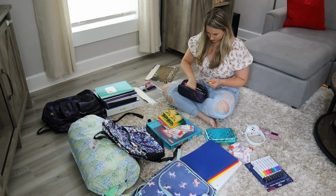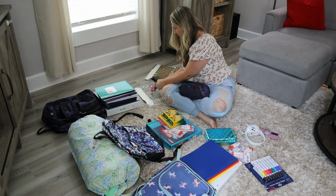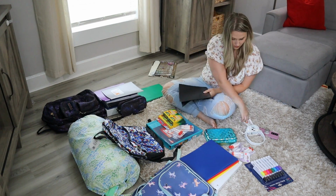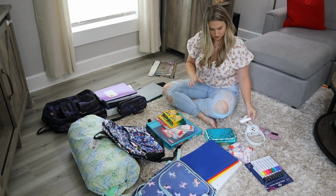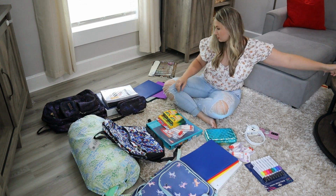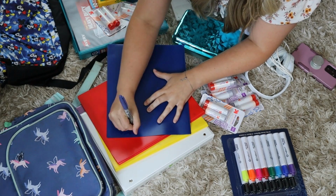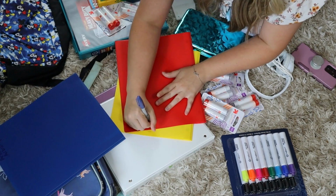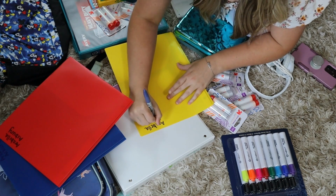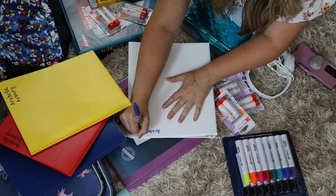So if they needed colored pencils, we are completely stocked with colored pencils at home. We have so many colored pencils that are not even sharpened. So definitely check your house before you go out and spend a lot of money on your kids' school supplies. We already have the safety scissors, the child scissors for kindergarten. We already have several pairs of those laying around the house from where my kids do arts and crafts and activities at home. So I just grabbed a pair of those to send to school for Arabella in her crayon